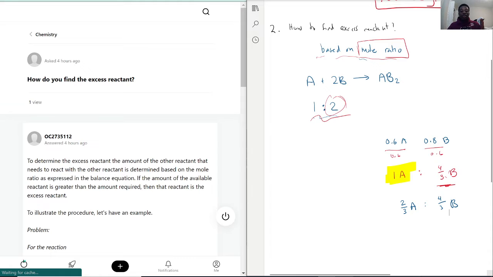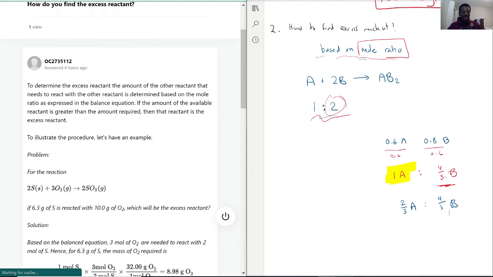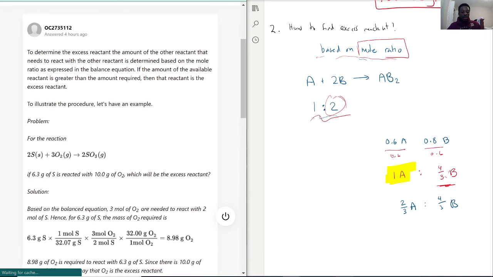So with that being said, they actually have a more concrete example here. And as they said, they usually start by giving us the grams. If 6.3 grams of sulfur is reacted with 10 grams of oxygen, which will be the excess reactant? So as they see here, they have 6.3 grams of sulfur,